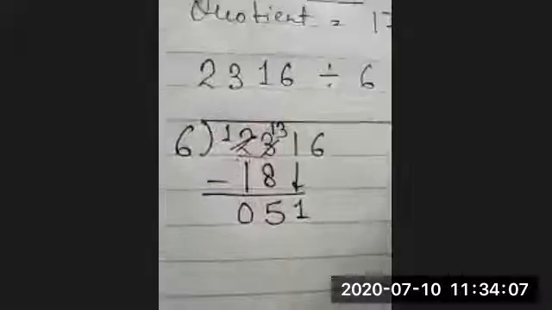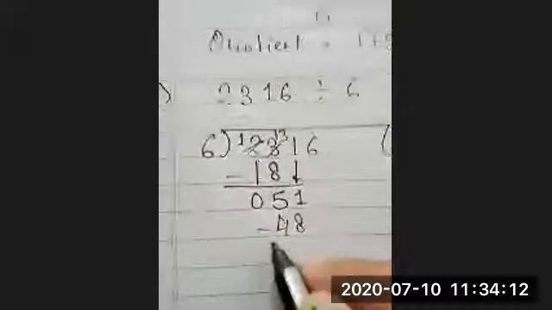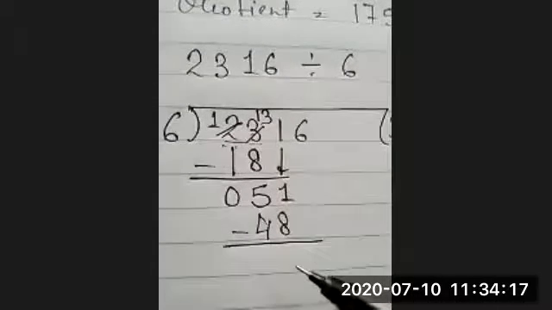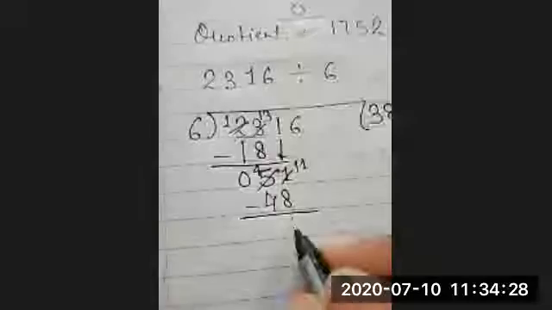Now 51. 6 8s are 48. Now 1 minus 8, it cannot be divided, so we will take carry from the 5. 5 will be 4 and 1 will be 11. 11 minus 8 is 3. Now we will take 6 here. Now 6 6s are